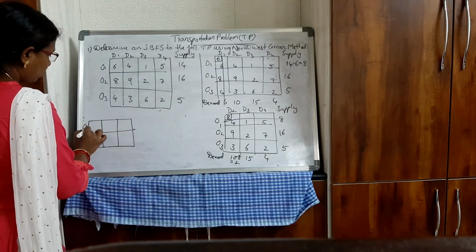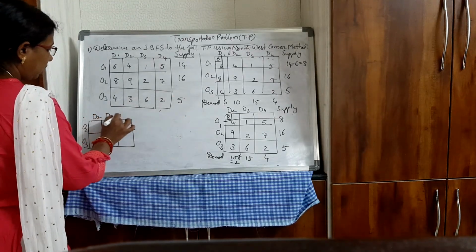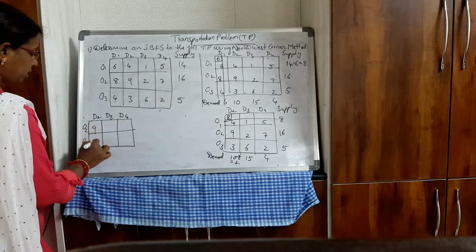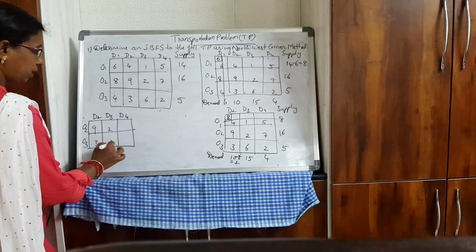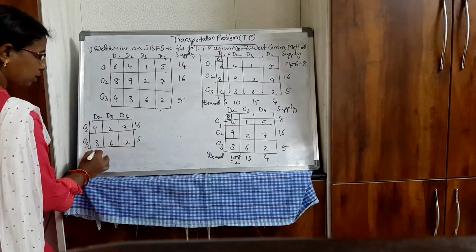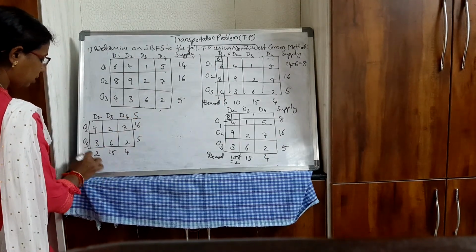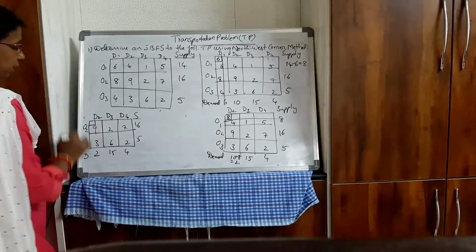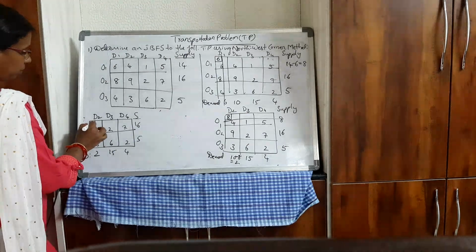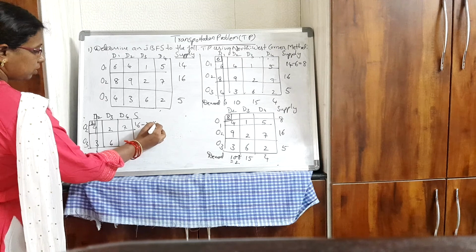So I will draw here, I will be having only 2 rows and I will have 3 columns. So this is O2 and O3 because O1 is completely exhausted. D2, D3, D4. So here this is 9, 3, 2, 6, 7, 2. This is 16, this is 5, this is 2, 15, 4. This is supply and this is demand. Now this is the corner element, make an allocation. 2 and 16 are the corresponding row and column values. So the minimum is 2, I will strike off this. I have to subtract 2 from this, so I will get 14.